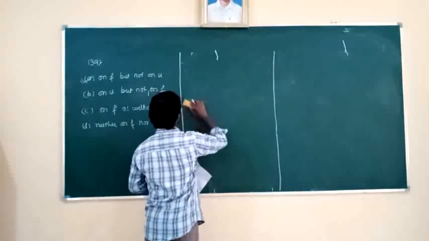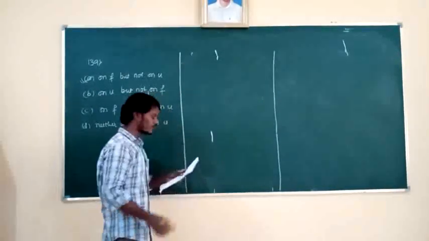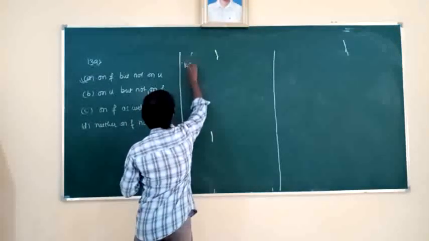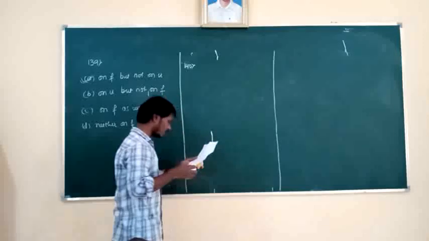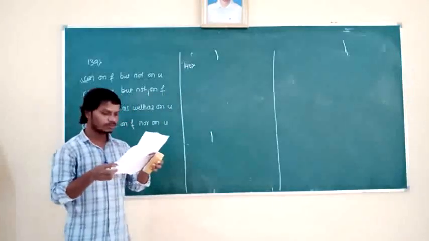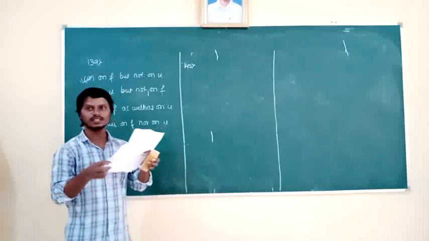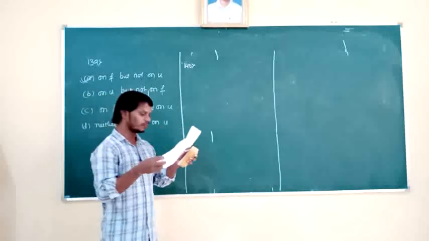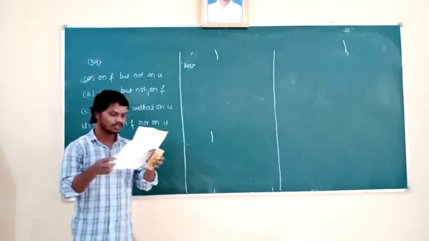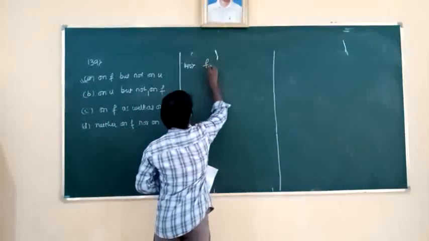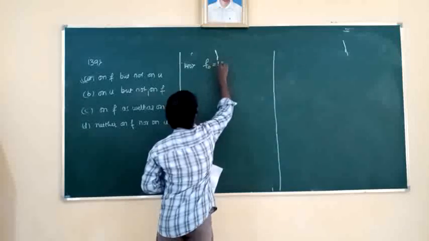So these are some asked questions in your CET exams. Next, question number 140. The focal lengths of the objective and eyepiece lenses of a microscope are 1 cm and 5 cm. Objective lens focal length, how much? 1 cm. FO, that is 1 cm.